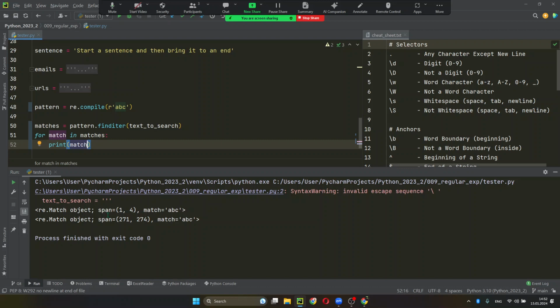So what you see here is a regular expression match object. And it consists of a couple of things. First of all, you see a span. A span is a tuple with two numbers, and actually what these numbers represent is a start and end index where this find